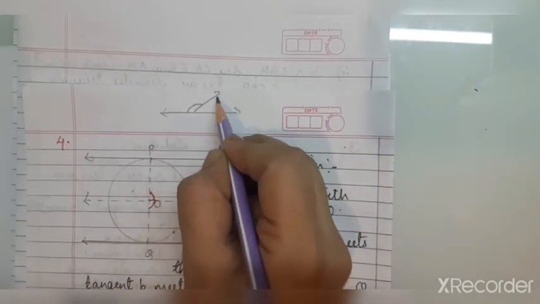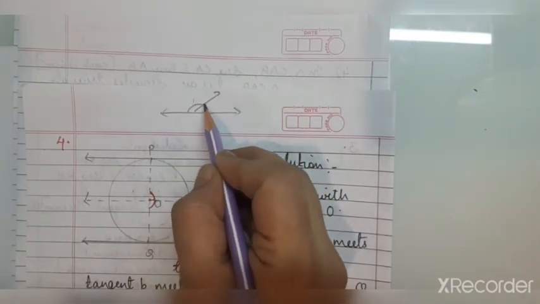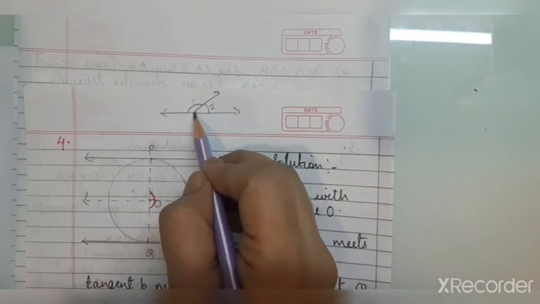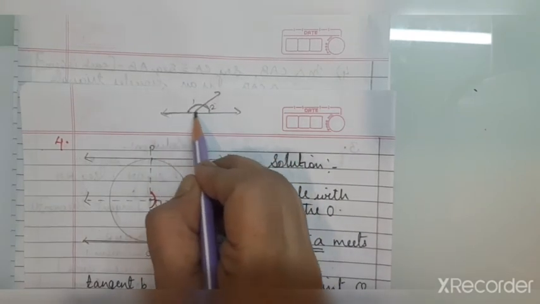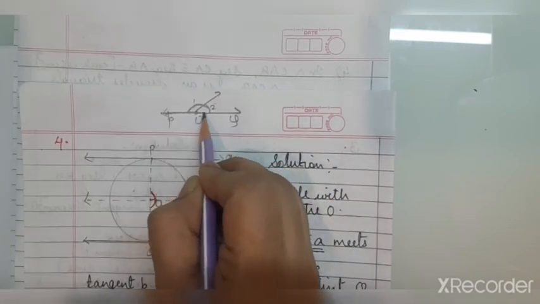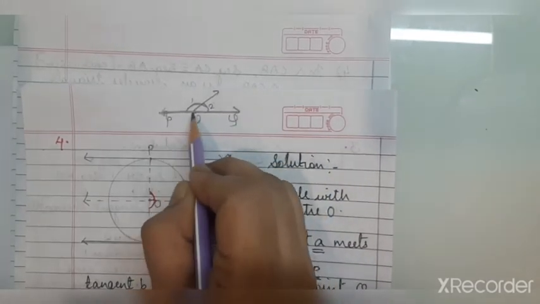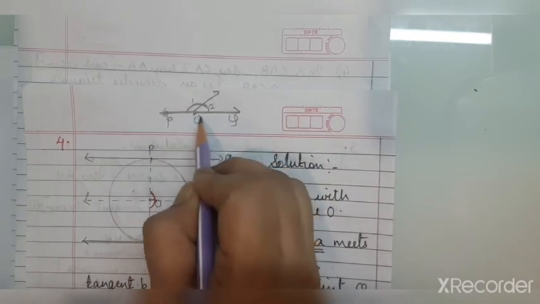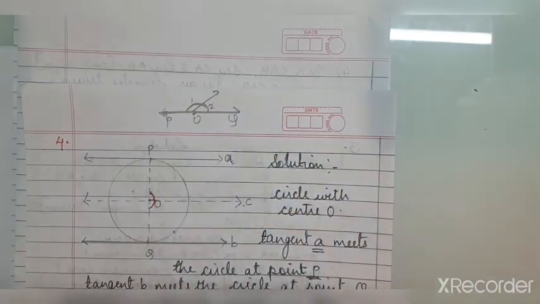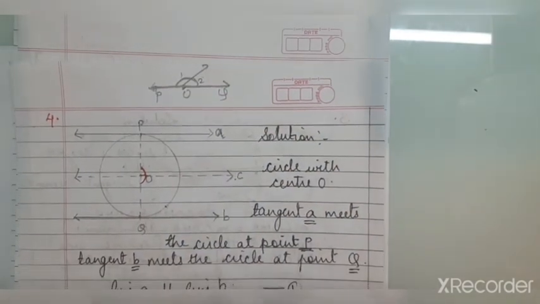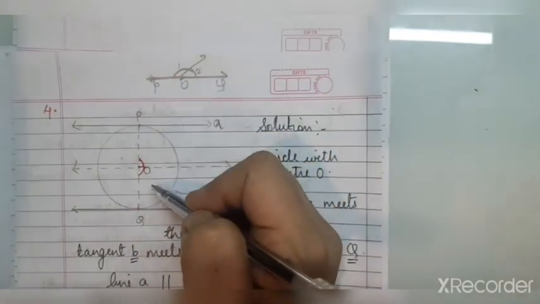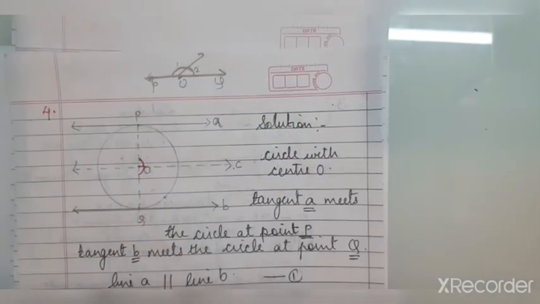I'll just show you here the angles which are in linear pair. So for example, I've shown here this one angle and this is another angle. These two angles are angles in linear pair. In that case, this becomes a straight angle. And therefore if this is POQ, then OP and OQ become opposite rays, and therefore we say that P, O and Q are in a straight line. This we have done in the earlier standard. So basically this property only we are going to use over here.